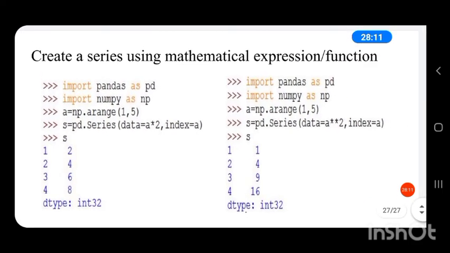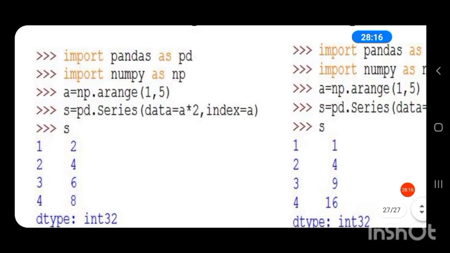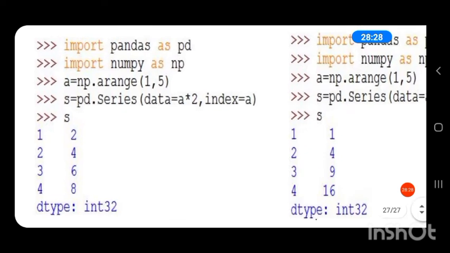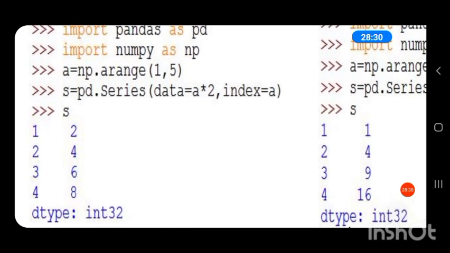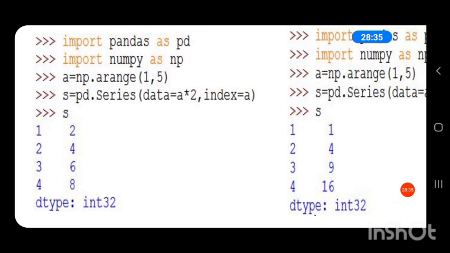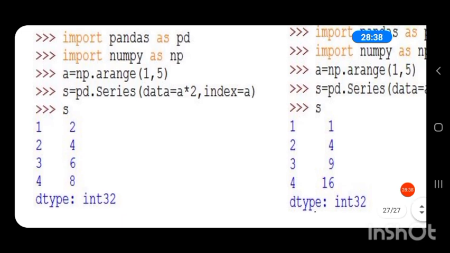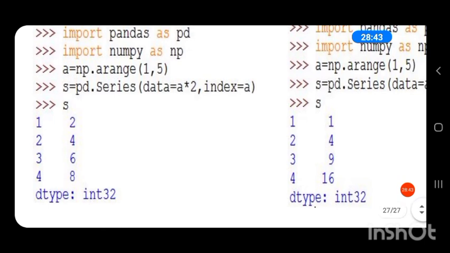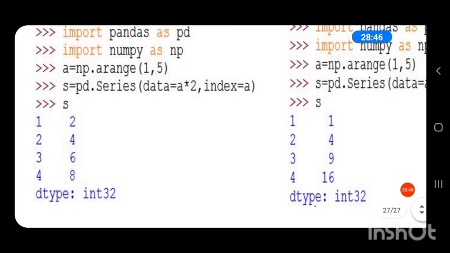A is equal to np dot arange. This arange and range are the same, but arange creates an array and the range function creates a list. So here we are creating an array. A is equal to np dot arange 1 comma 5. 1 is the start, 5 is the stop. So 1 to 5 minus 1, so A is an array with values 1, 2, 3, 4.